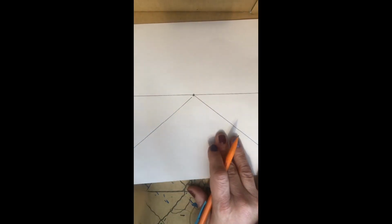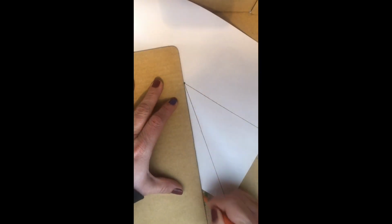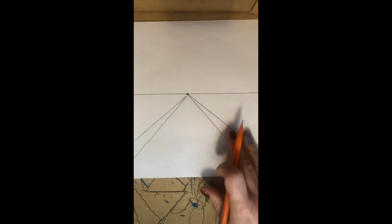Then I'm going to do it again a little bit over so it looks like there's a sidewalk, because this is partially a bridge. I'm going to turn it a little bit so it makes like a triangular shape, like this. See that? And I'm going to do it again on the other side. Match up like this. Okay, so it looks like a sidewalk. Okay, then I'm going to add,